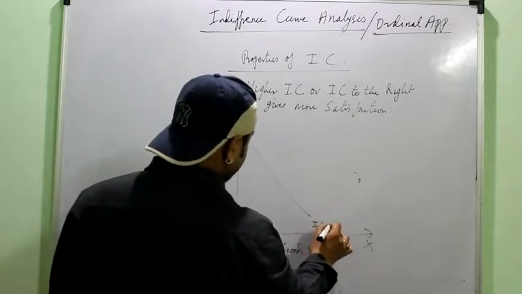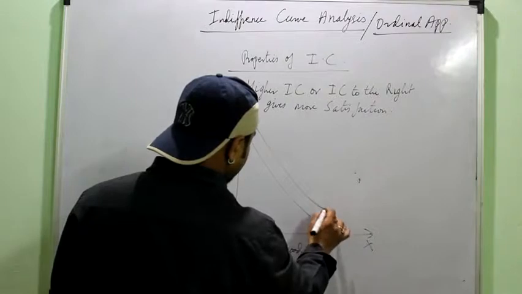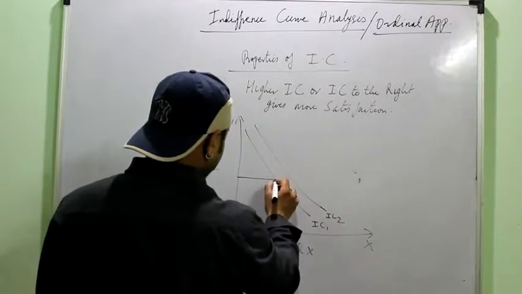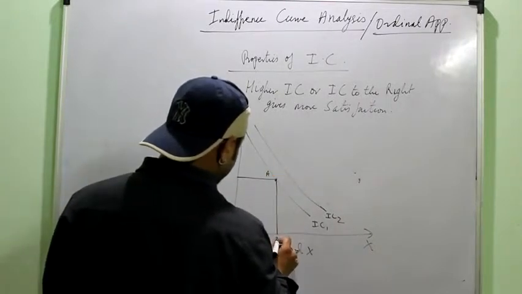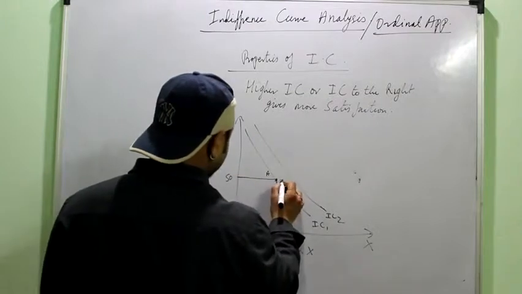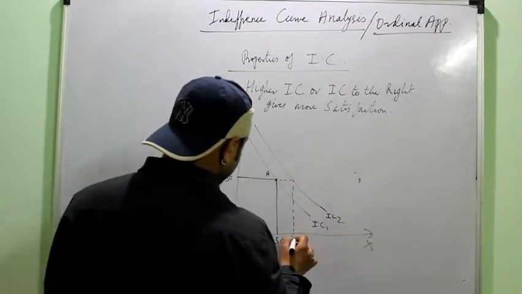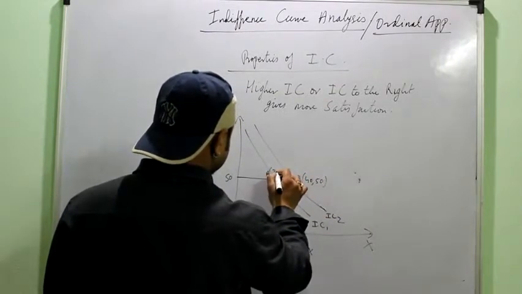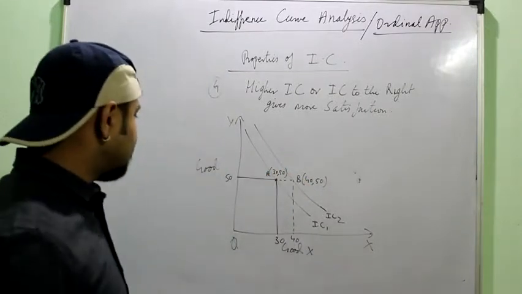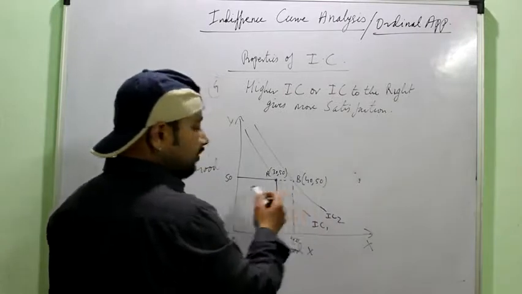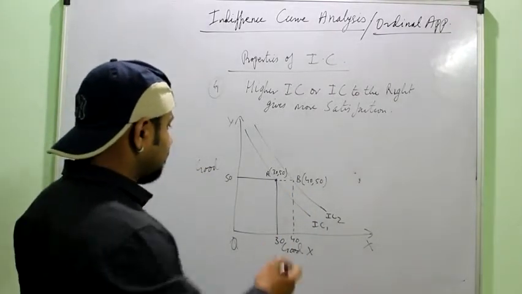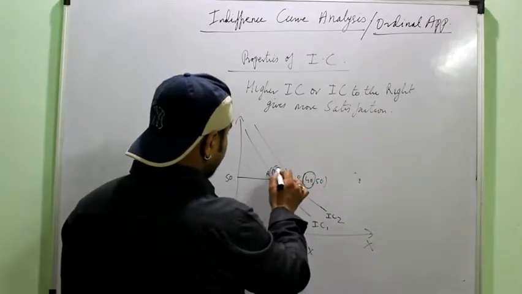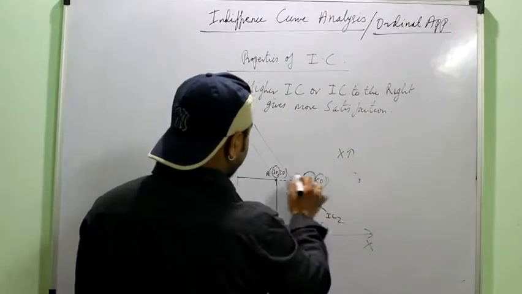So this is one indifference curve IC1 and another indifference curve IC2. I have any point A, 30, 50. Again, just see that point A and point B are lying on the two indifference curves, point B lying on the IC towards the right, or a higher IC. Again it has more of X and the same number of Y.